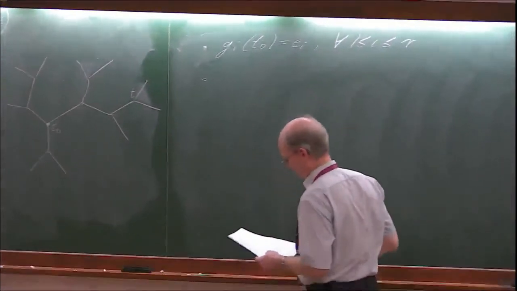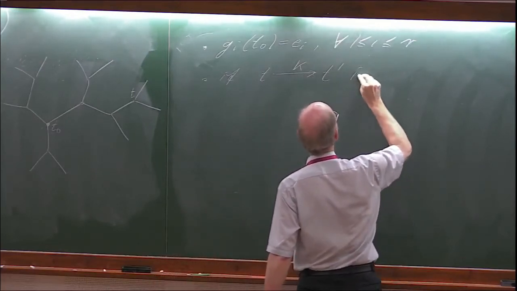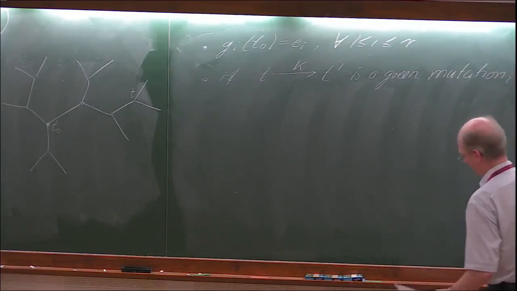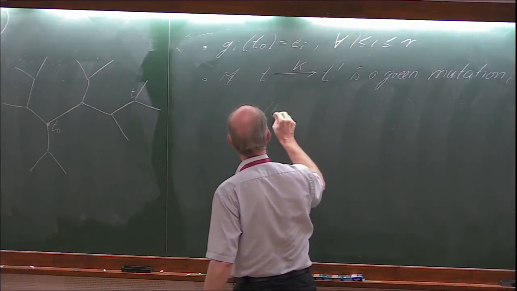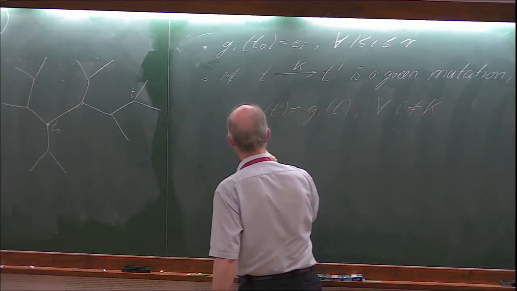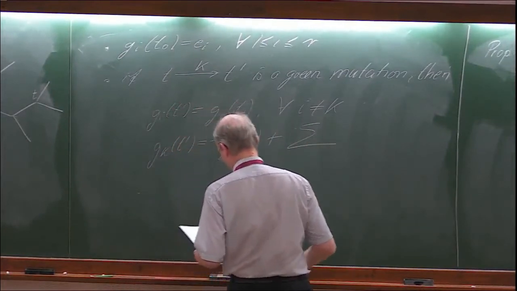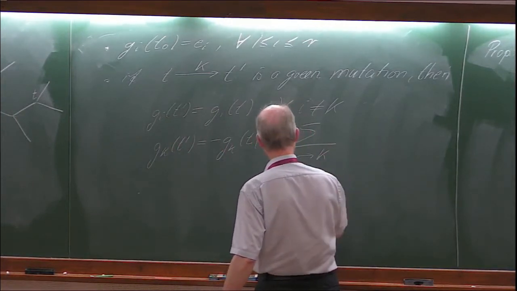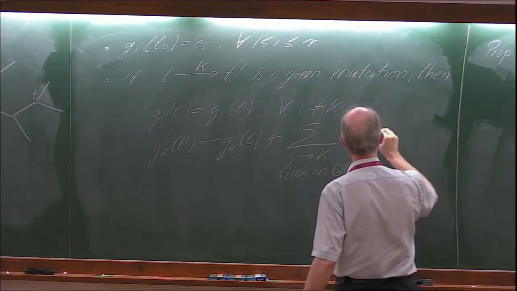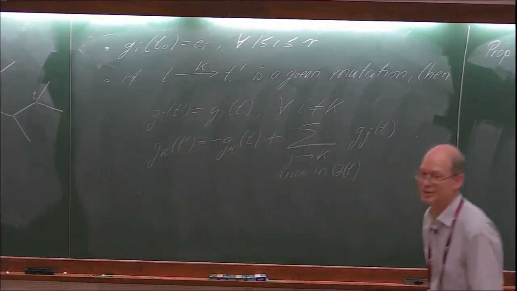And at an arbitrary vertex, we define it recursively, namely, if we have a green mutation, then G_i at T' is G_i at T for all i different from k, and G_k at T' is minus G_k at T plus the sum over all arrows from j to k in Q_T of G_j at T. And we know that between any two neighboring vertices there is exactly one green mutation, so this defines the